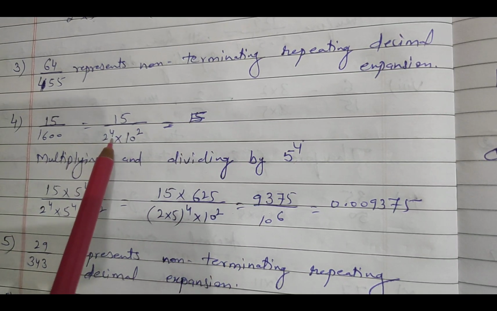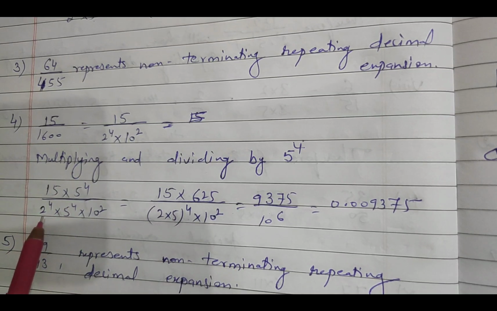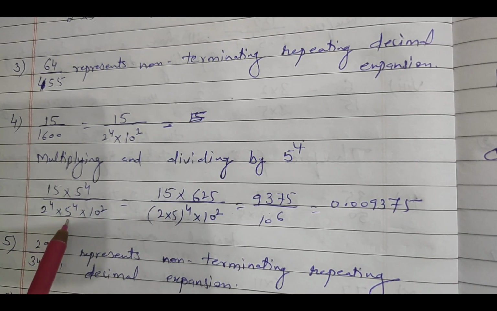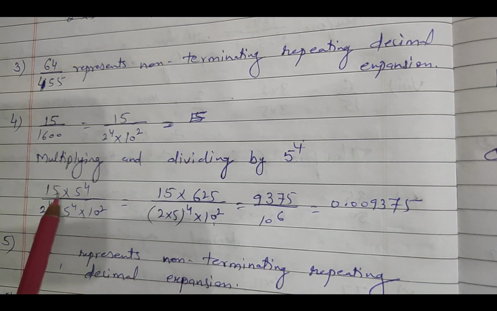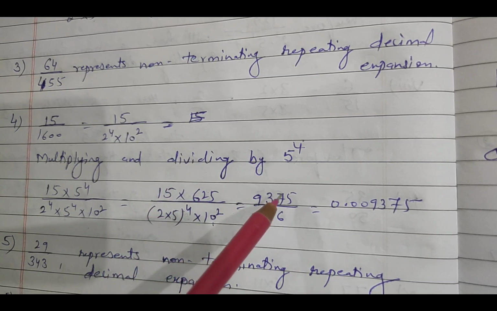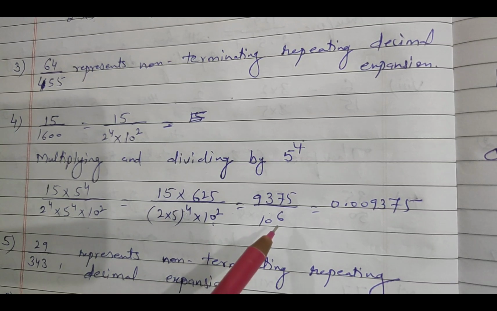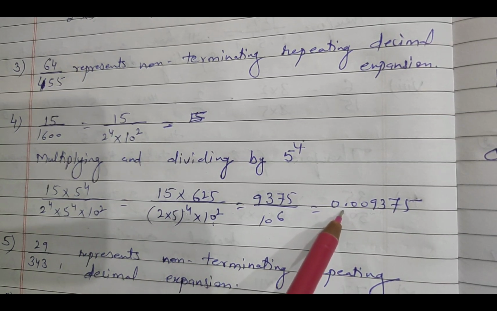From here I got this. I have to multiply by 5 raised to power 4 because 2 is already there. So what I got, yes, I can write in bracket by multiplying, and the power will be 4, and 10 raised to power 2 is already over there, right? And above, 5 raised to power 4 is 625. So when I multiply these two, it will be 9375 upon 10 raised to power 6. It means I have to put the decimal after 6 digits. So 1, 2, 3, 4. 4 digits were already there. I will put 2 more zeros and then the decimal. I have got the answer.